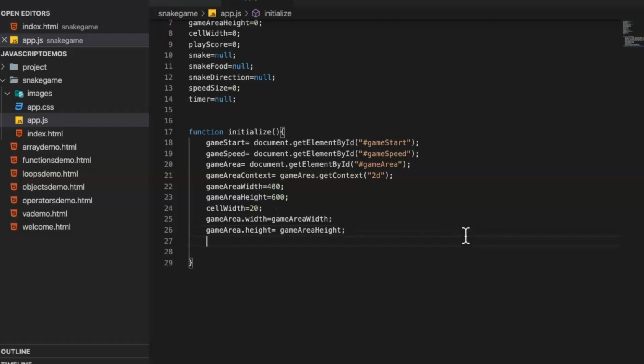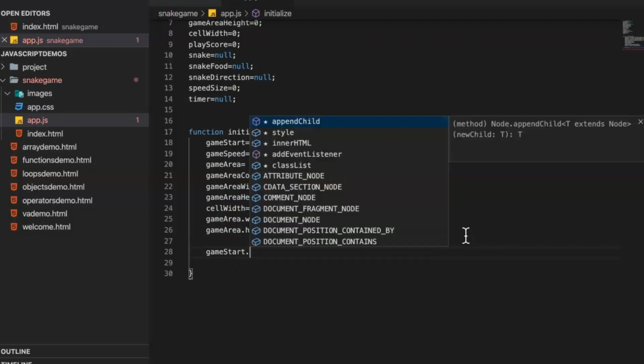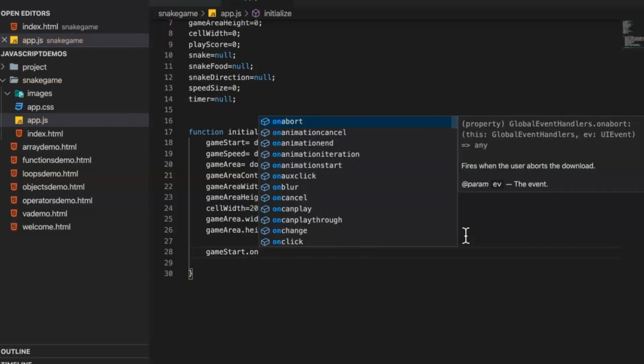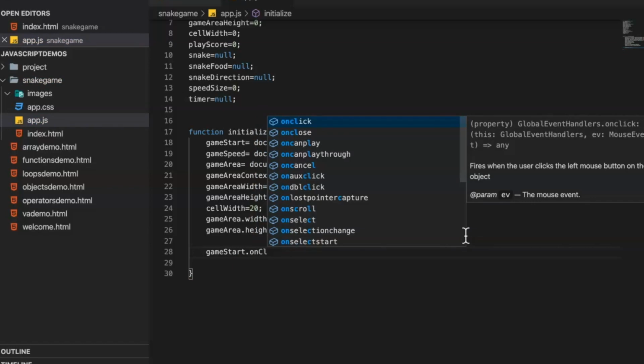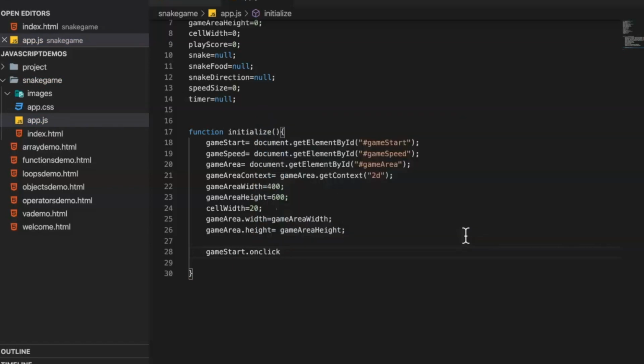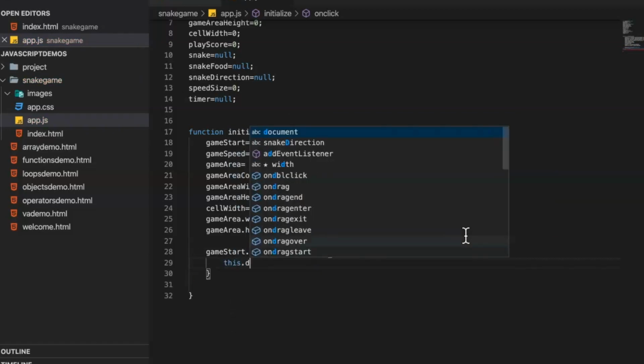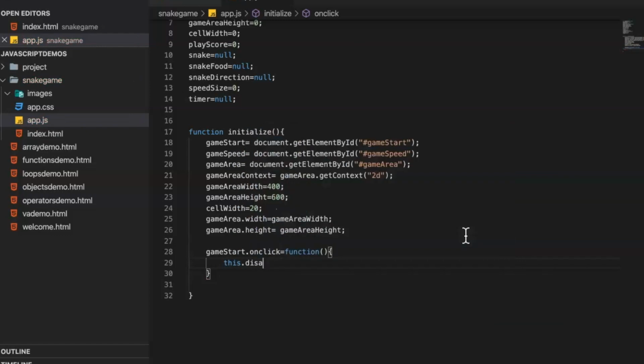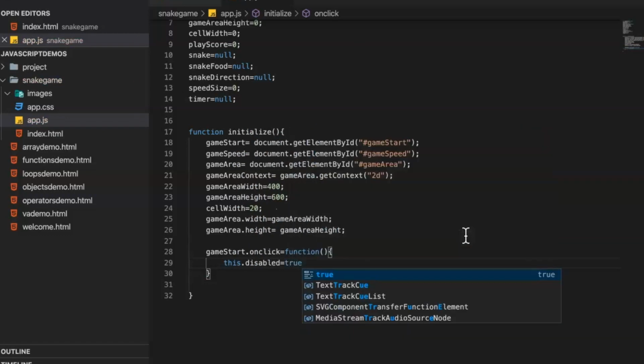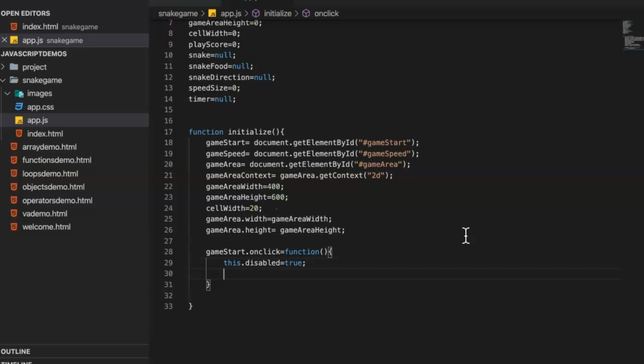Okay, now after that we have to start writing the logic. Here I'm saying gameStart dot. Now we have to decide which event you would like to take. So I will say onclick. So when I basically click, what should happen? So onclick equal to function. So what you want to write here? I'm saying this.disabled equal to true. So I want to disable these values,